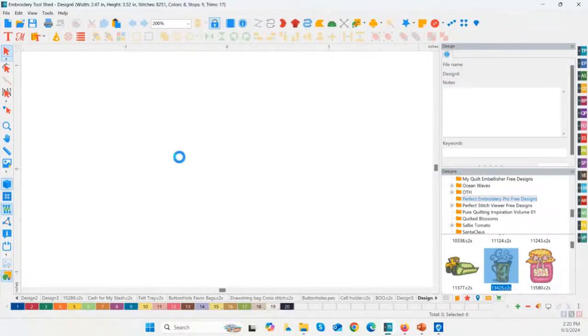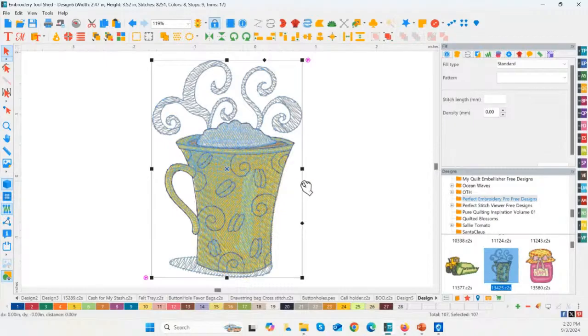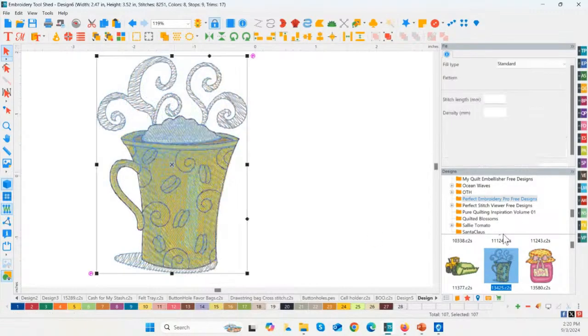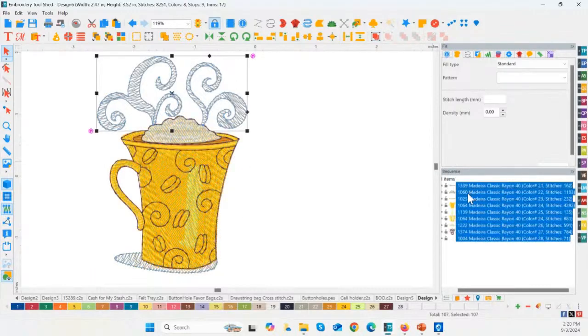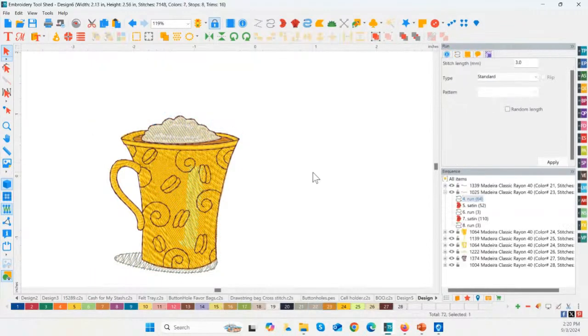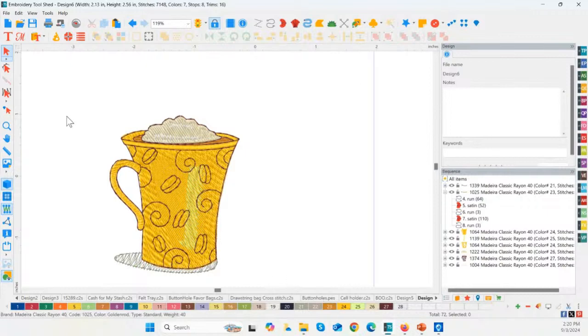This little coffee cup example here is one of my favorite designs. It's actually built into your software. If you go over here to your design library and click on the Perfect Embroidery Pro and scroll down, you'll see this little coffee cup here. And I'm going to remove the steam. So I'm going to ungroup it using my ungroup icon or your keyboard shortcut. And I'm going to delete the steam on the top, select everything,